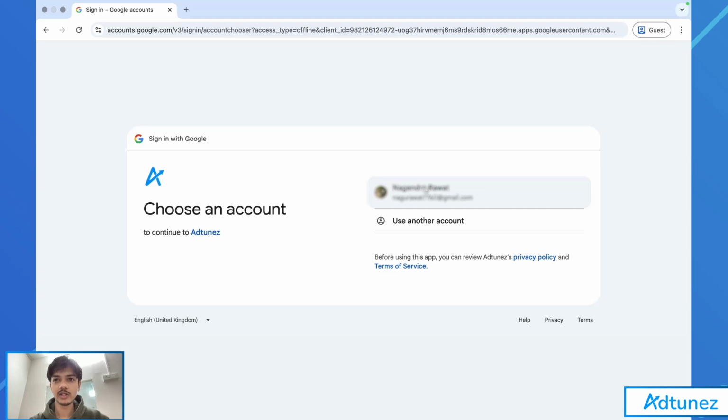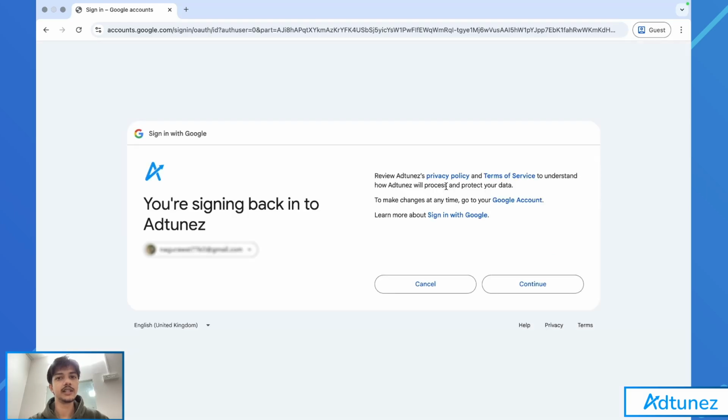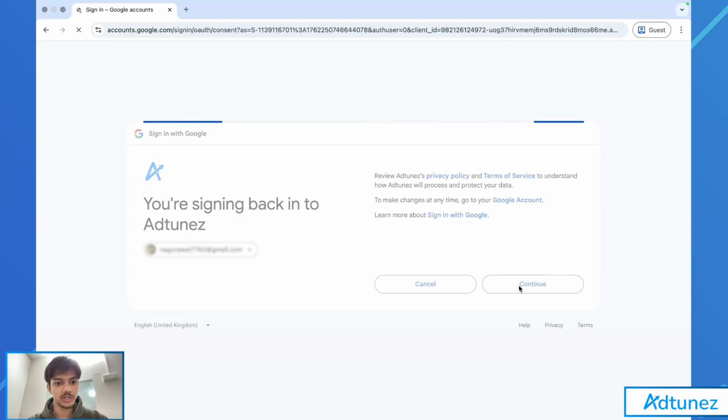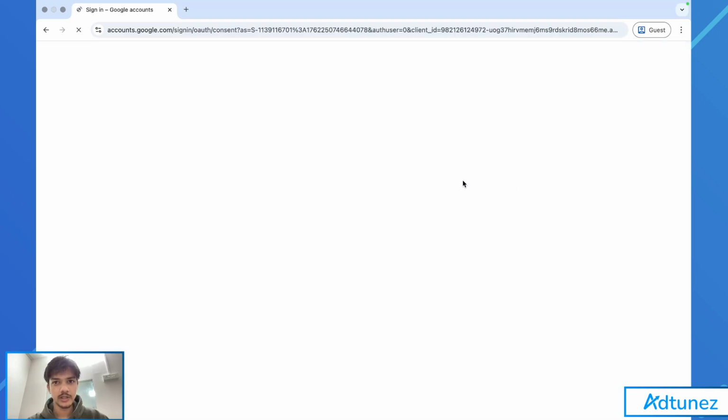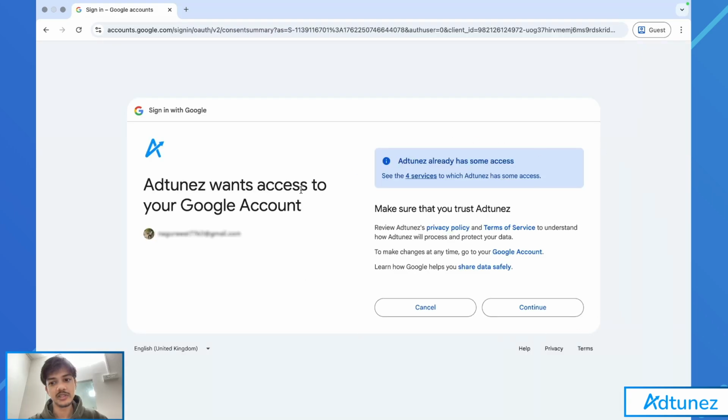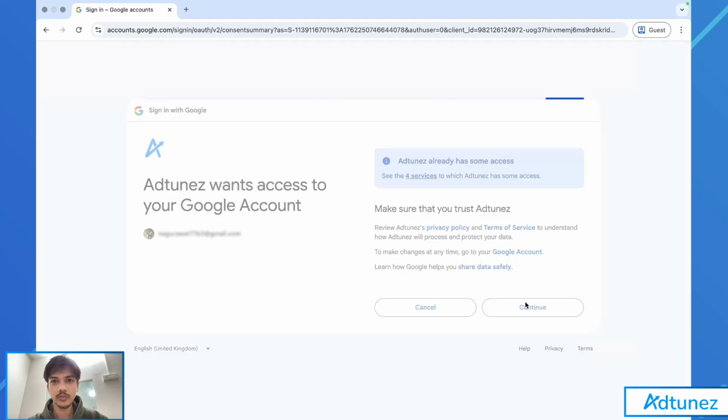So connect your Gmail account, and you will be able to see the ad campaign that your Gmail ID has access to. It should ask for some privacy approval and permission approvals. So continue and give it the approval they ask, and here are the privacy approvals that it asks. I will click on continue, and